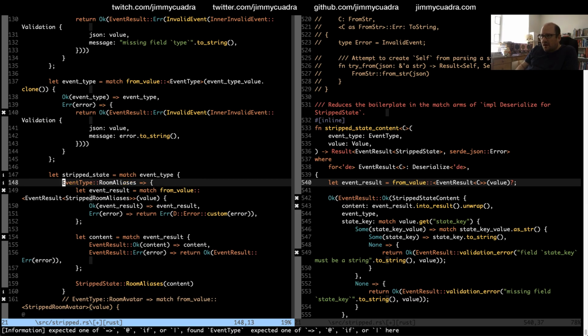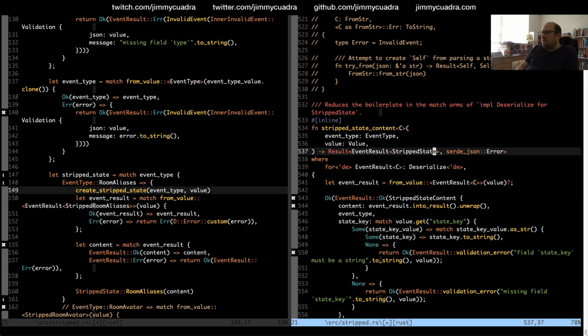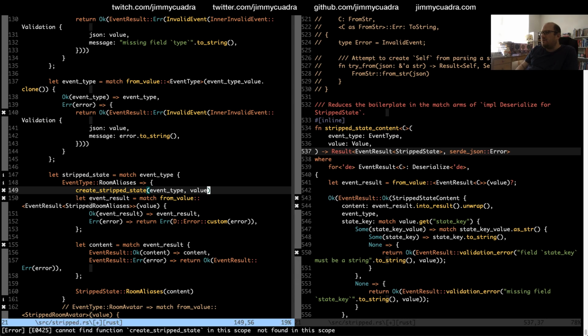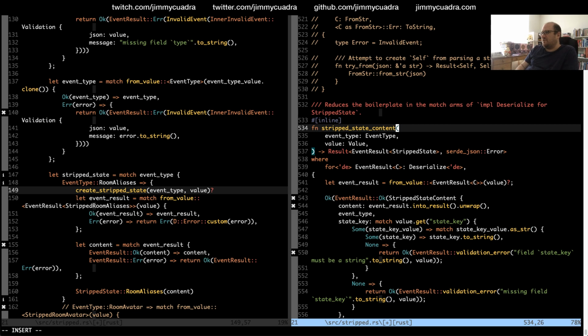Oh, wait a minute. This goes a line below. And so this is no longer going to return... I guess there still might be, so it's just a question mark. This still might return a serialization error. It's no longer generic over C. Create stripped state.